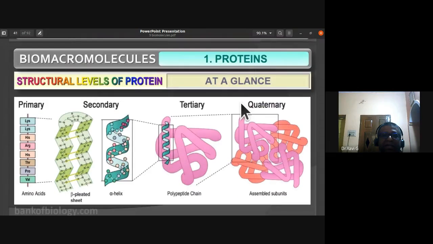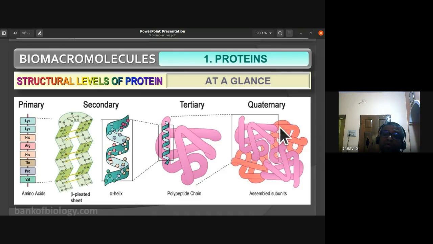So proteins at a glance, you have the primary structure, then the secondary structure where they are folded to form helical structures. In primary structures, you can notice the positional analysis of the amino acids. In secondary structure, a single polypeptide chain or more than one polypeptide chain is folded to form a helical structure. The helical polypeptides are further folded to form a hollow woolen ball-like structure in the case of tertiary structures.